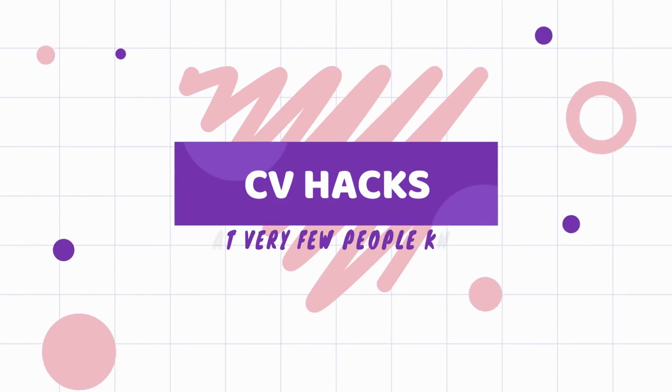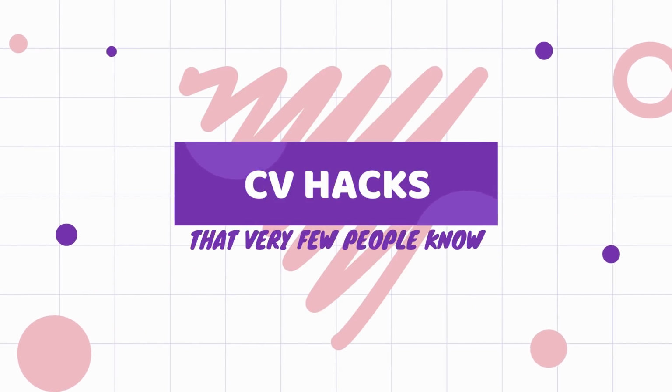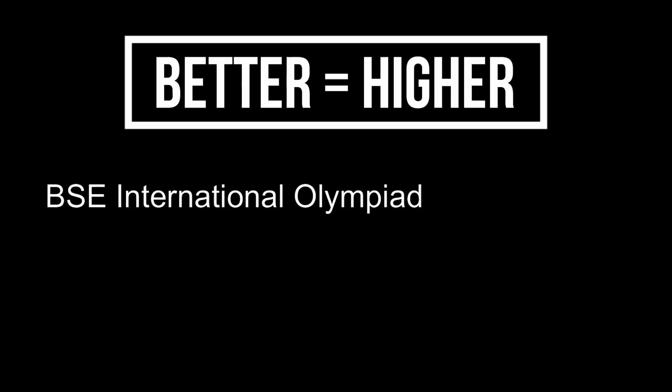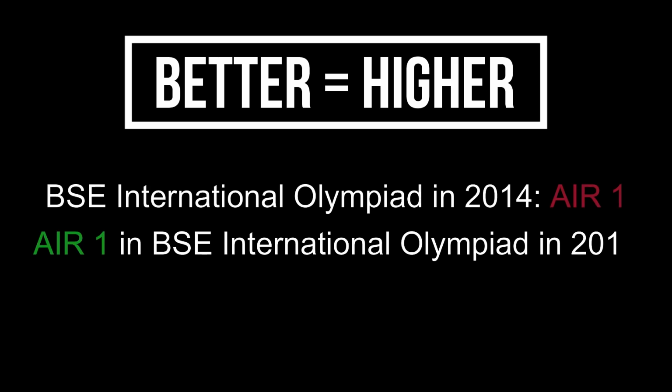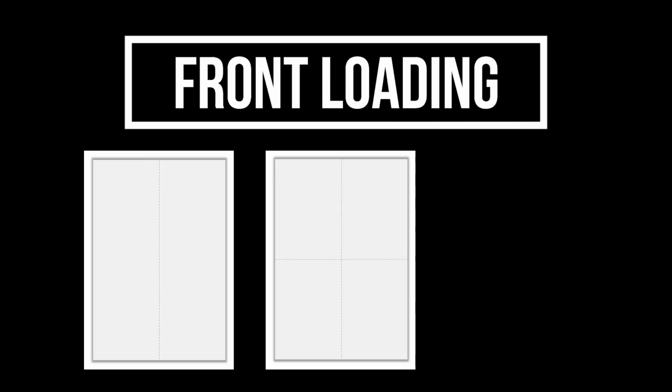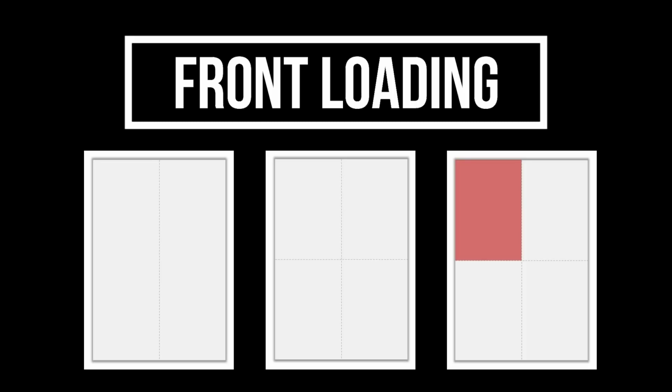This is probably the most important part of the video. Remember when I had said better ranks higher? Well, turns out that better not only ranks higher, it also appears in the very front. This is an example of what we call front loading. And if you want to check whether your CV is front loaded properly or not, one of the simplest tricks is to fold your CV once horizontally and once vertically. And the column that you see on the top left is the part where most of your important points should be.